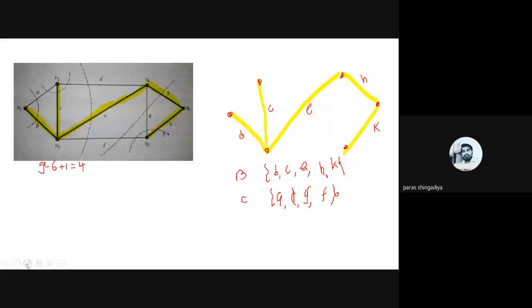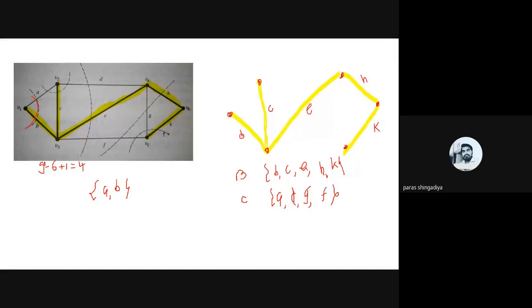And now let us identify all the possible cut sets. So what is the rule of a fundamental cut set? You have to consider a cut set which includes a set of edges where one edge should be a branch and the rest of the edges should be chords. Okay, so I can consider the example AB, where I remove A and B from the graph, where V1 is disconnected from the rest, and it is an example of a cut set. And in this cut set, there is only one branch, that B is a branch here and A is a chord. So this AB is an example of a fundamental cut set.